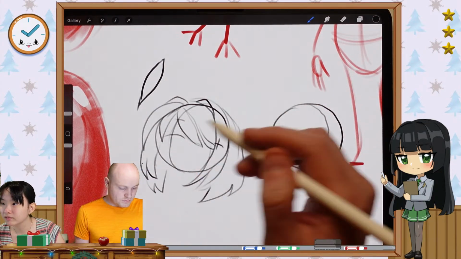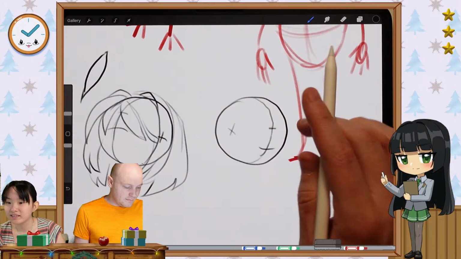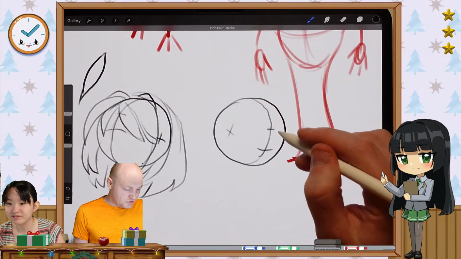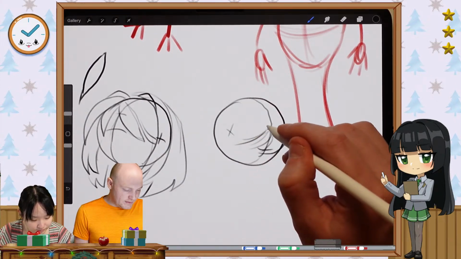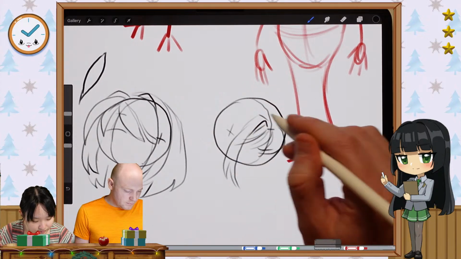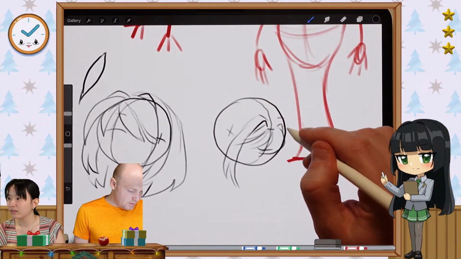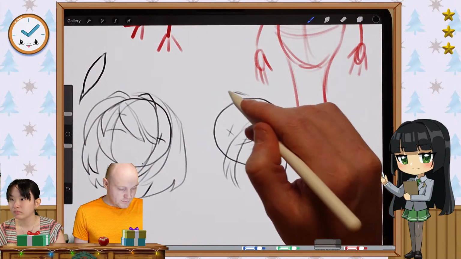You could do something like that. Say we come down to this angle, and you go, here's the hairline. The bangs are going to really push out. Not that I'm necessarily trying to draw the exact same hairstyle, but try drawing it around that 3D form. Push it out. Really push it out.